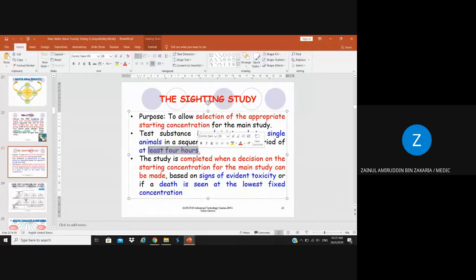If nothing happens, you use 300. If at 300 nothing happens, then you use 2000. If at 2000 nothing happens to the animal, then you can consider the compound non-toxic, a safe compound for consumption. But if, let's say at 300, you can see the animal has stool with blood, or you can see death, for example, then